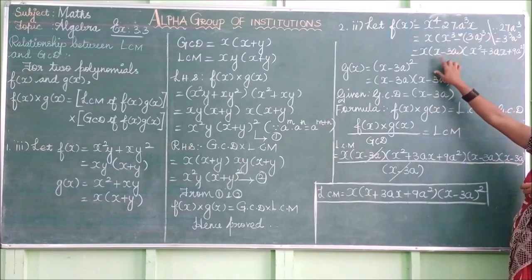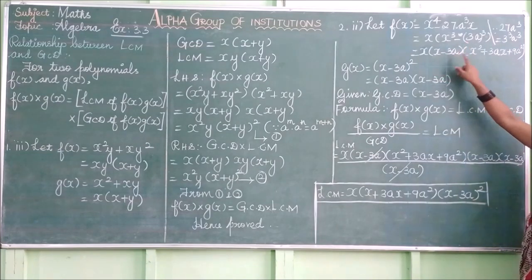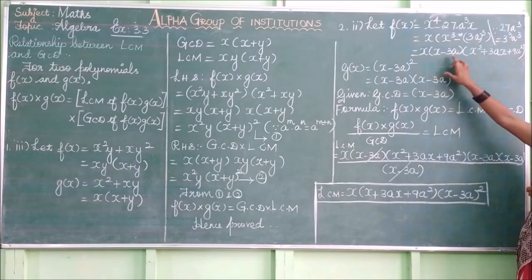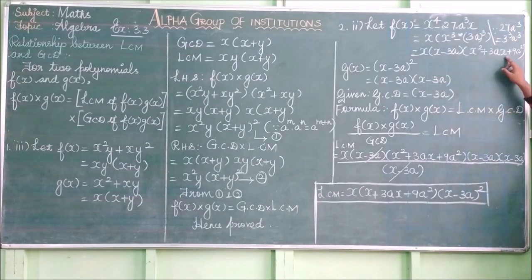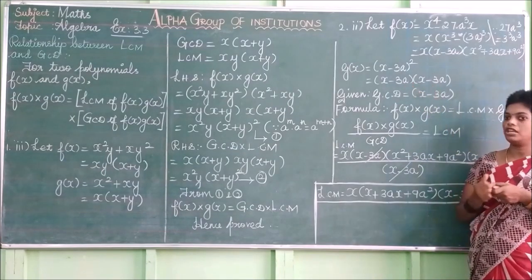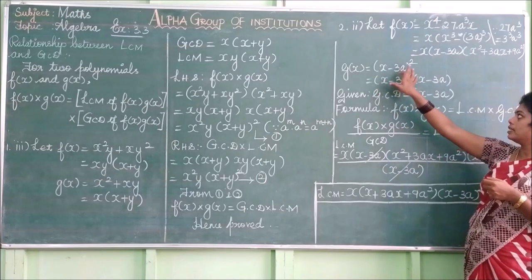So here a is x, b is 3a. x minus 3a into a square, that is x square, plus a into b. The a value is x, b value is 3a, so you write the number first after the variable: 3ax. Plus b square. b squared is 3a squared, so what is 3 square? 3 squared is 9. a squared is a square. So x into x minus 3a into x square plus 3ax plus 9a square. Now we have found the f of x factors using the given polynomial. Now we have to find g of x. What is g of x? x minus 3a whole square.